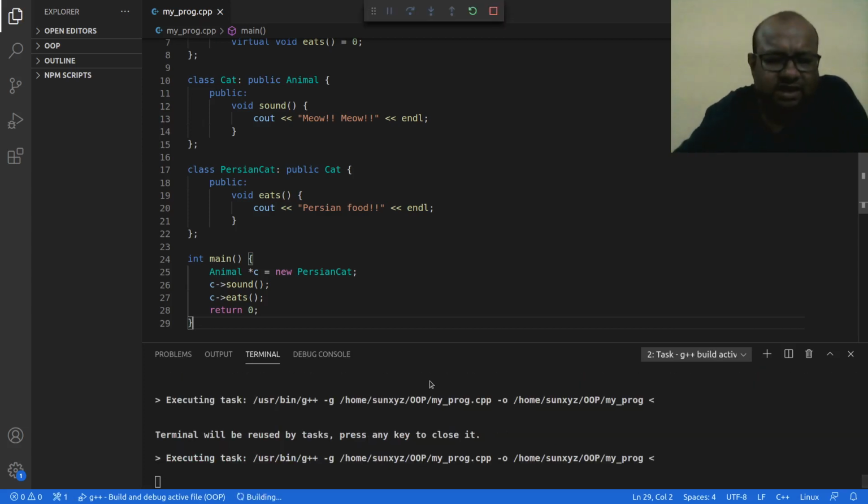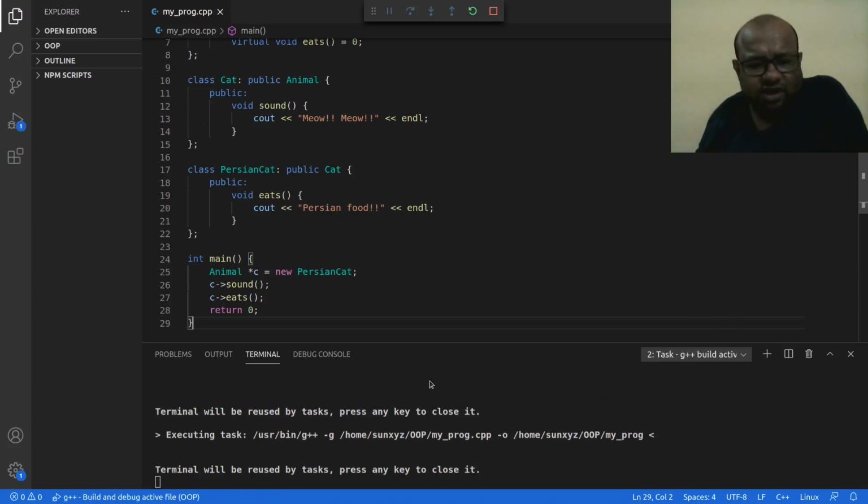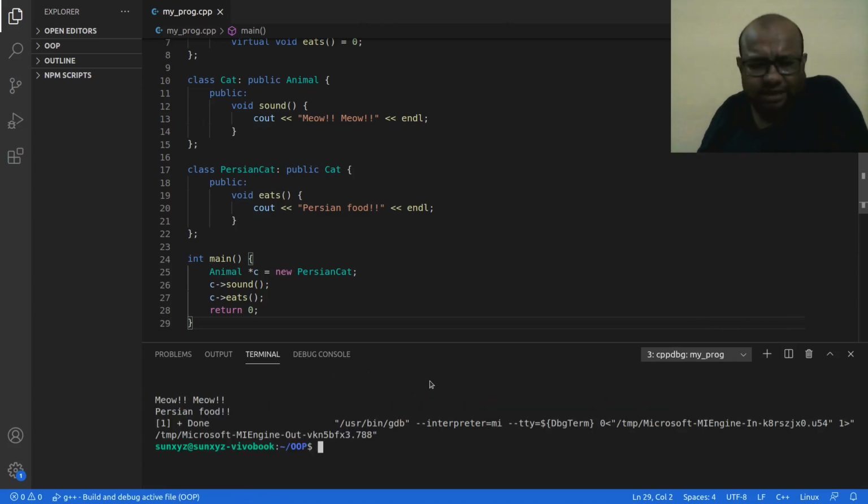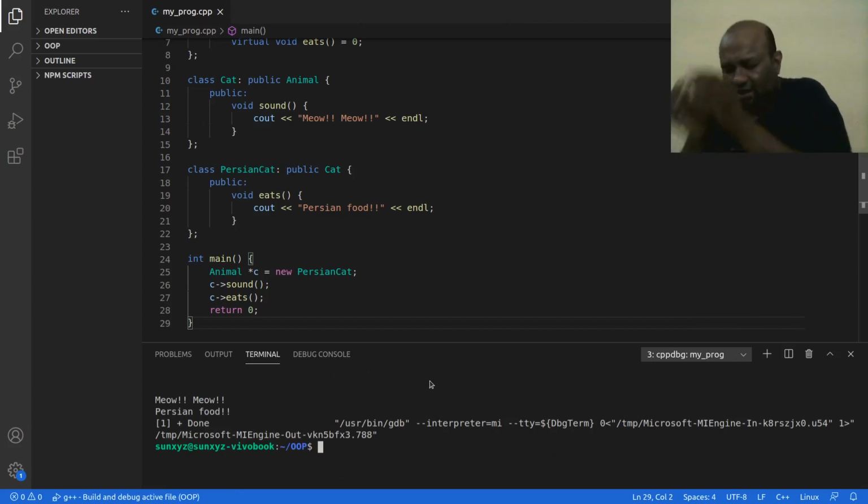Let me compile and run this code, and I get the same output. That is not surprising. But the takeaway here is that I cannot create an object of an abstract class, but I can create a pointer of abstract class type.